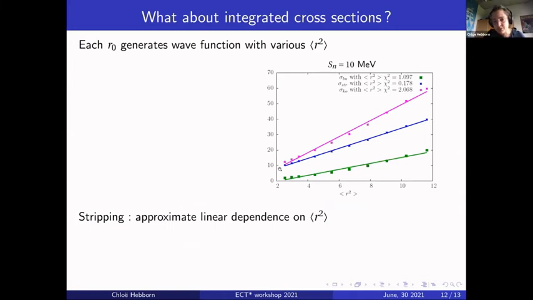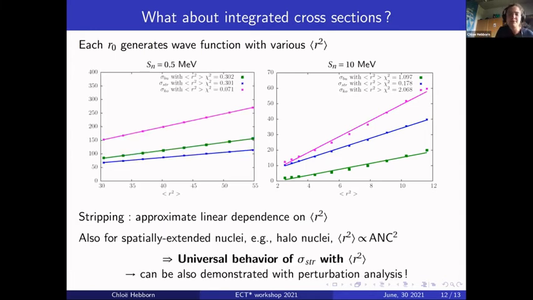And what we can see is that there is a linear dependence, or approximately linear dependence, with this mean square radii that is valid for the stripping and, to a certain extent, for the diffractive breakup one, even if it seems that the errors here are more quadratic. And what was interesting is that if we do the same plot for the halo nuclei case, you can see that we have this clear linear trend. So we have a clear dependency of the cross-section on the mean square radii.